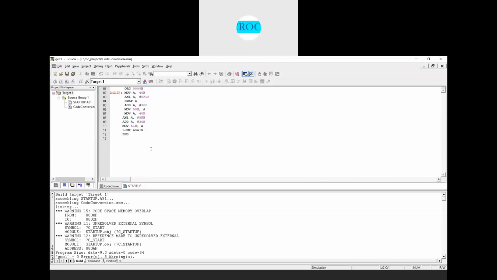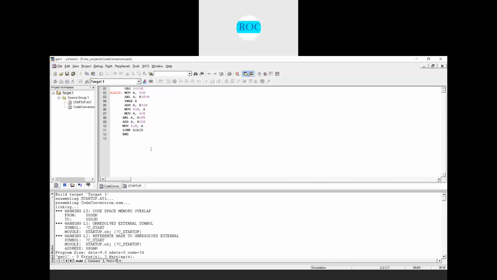One is in 40H, the other one is in 41H. The same numbers we can take here, right? What we can do is, in 40H we can have 32. In 41H we can have 39, right? And this I will convert into BCD, packed BCD numbers here, right?